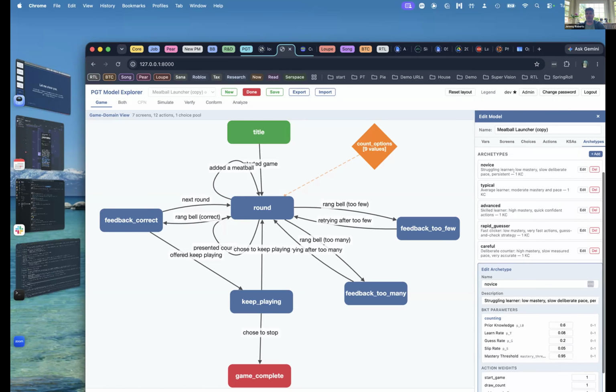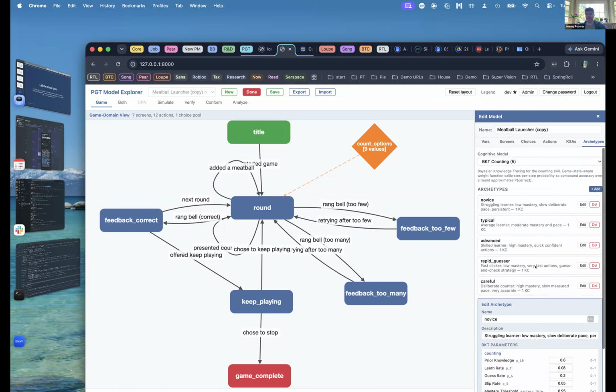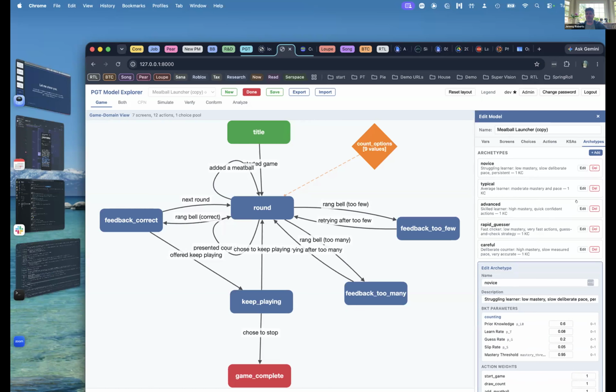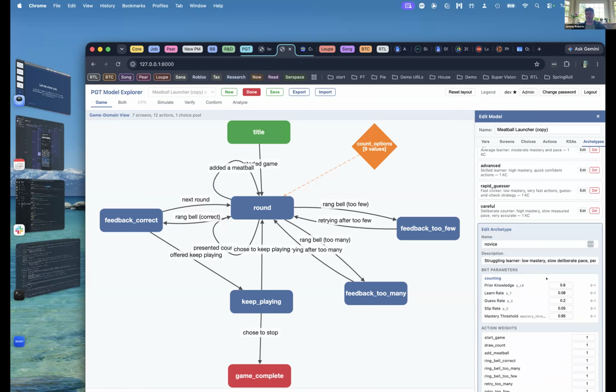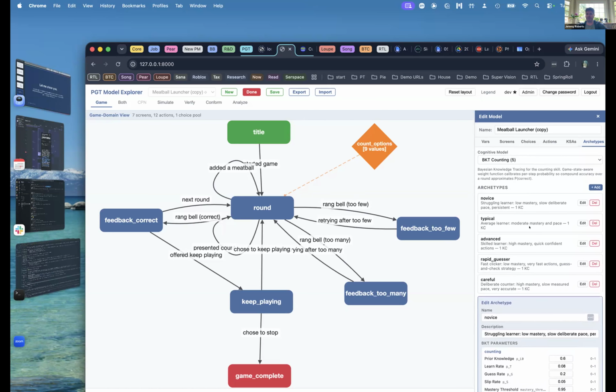But for now, only one exists in the system. It's BKT, and these are not based on actual training data or anything like that. This is just manually configured to help me prove out the platform functionality. I do have novice, and as you would expect, the factors for novice are different from, say, advanced, in a way that would allow the advanced profile to drive the model with higher levels of correctness, possibly speedier guesses, and so on. And you could tune all that if you wanted by tweaking these parameters.